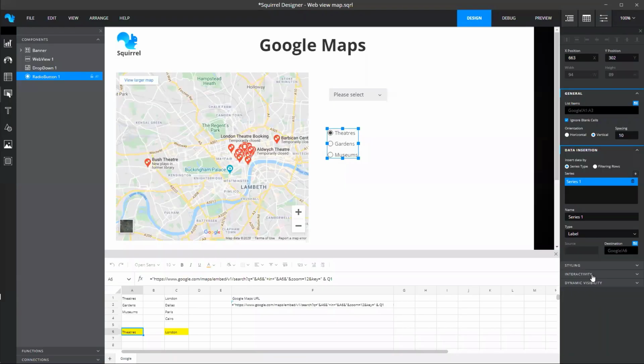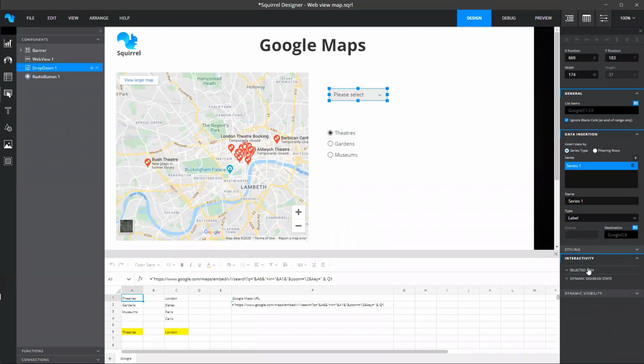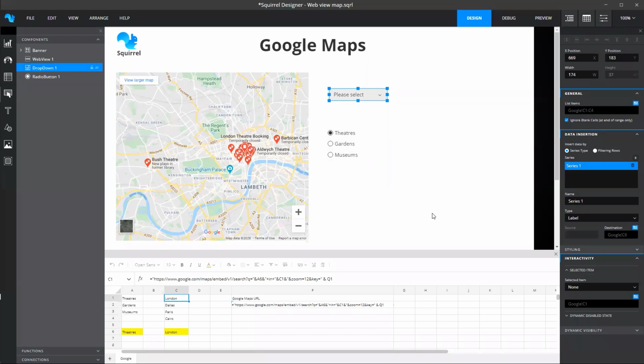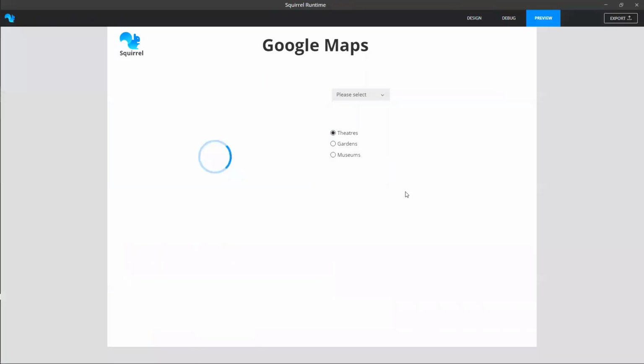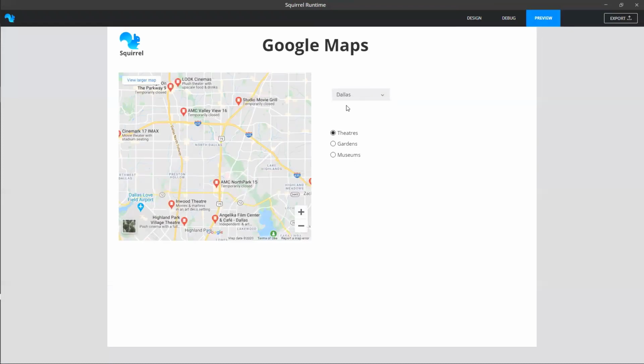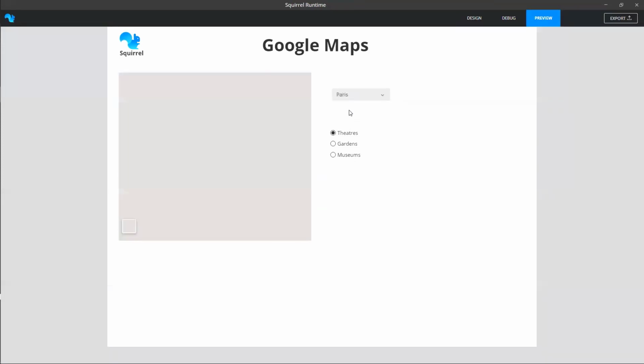The other thing I want is a selected item. So my selected item for that is going to be theatres. And for this, I'm going to have a selected item, which is the label of my current hometown, where I live, which is London. So now if I preview this, we've got the ability to navigate between the cities.